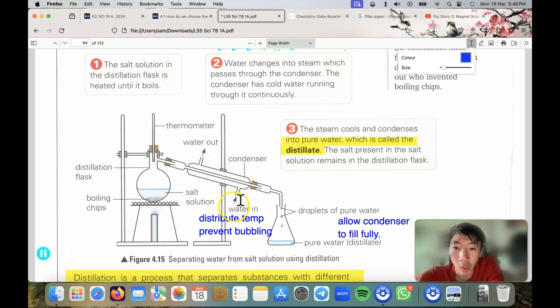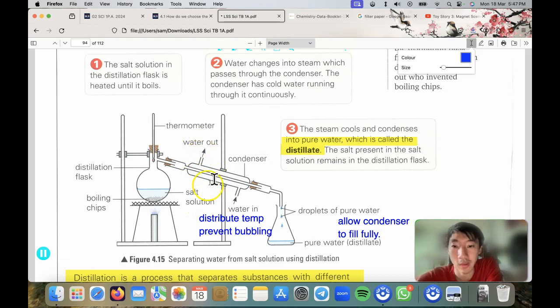We can pump cold water in. You see this bottom here, you see this water in. You pump in cold water and it fills up the entire condenser. So this condenser is a hollow tube. The whole condenser tube gets filled up with cold water, and then some of the water